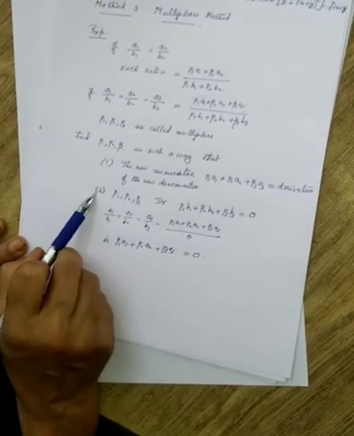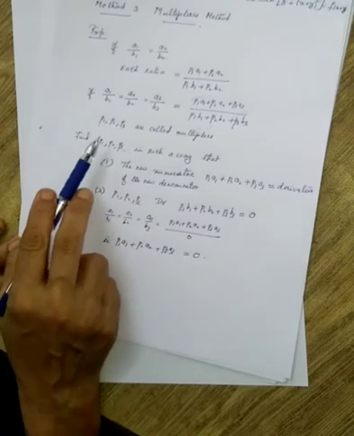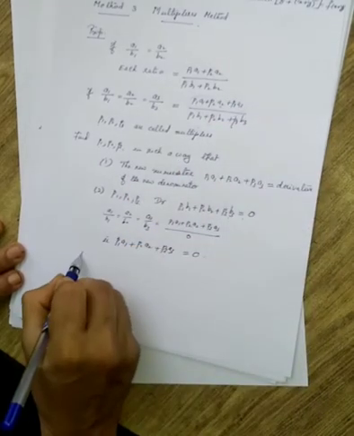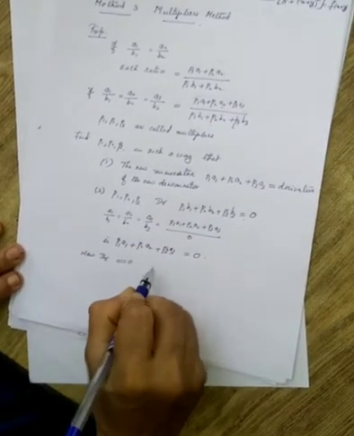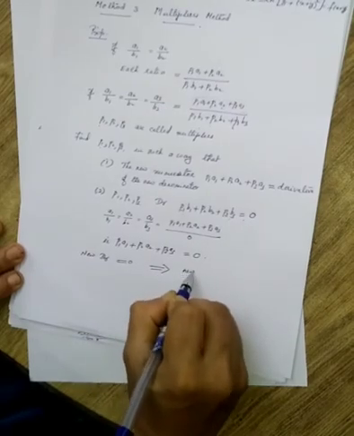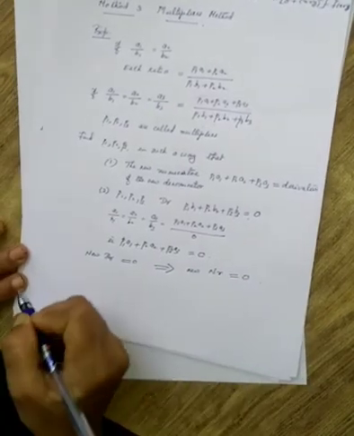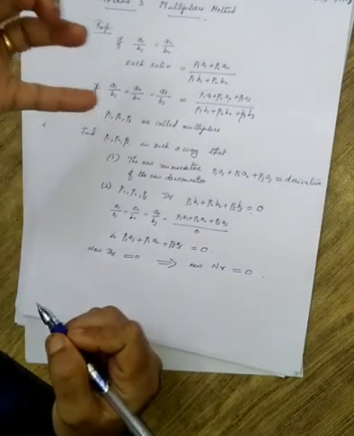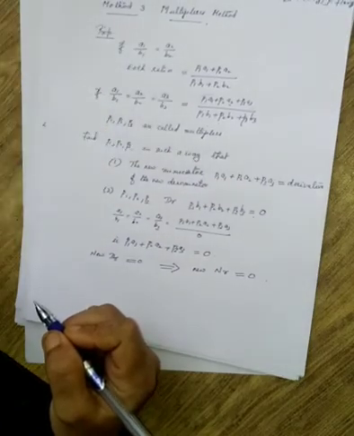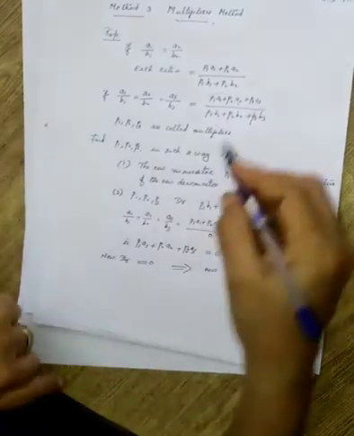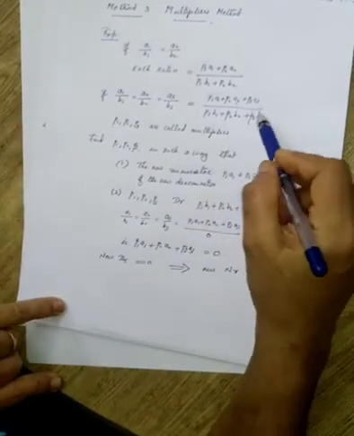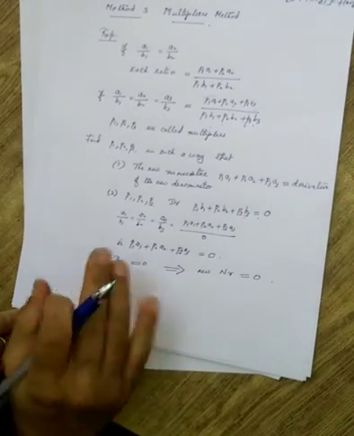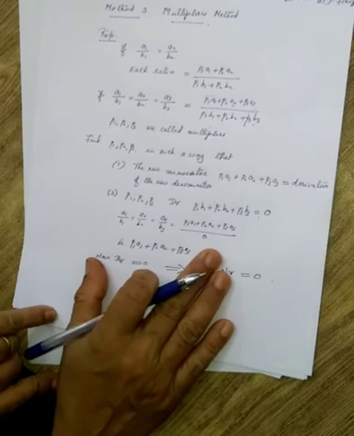That is the second choice. We are selecting p1, p2, p3 such that the denominator equal to 0. Then correspondingly we will get the new numerator is also equal to 0. That is, new denominator equal to 0 implies new numerator is also equal to 0. So with these ideas we will find the multipliers p1, p2, p3. One condition, either the numerator is equal to the derivative of the denominator or the denominator should be equal to 0. Now we will see how to apply this method for solving Lagrange's equation.